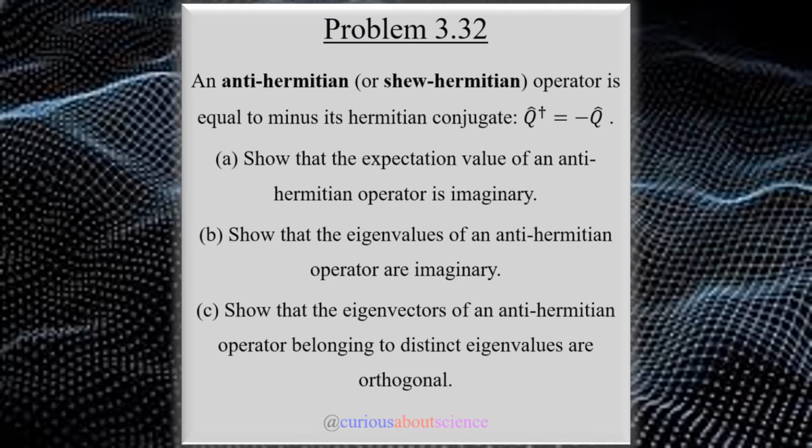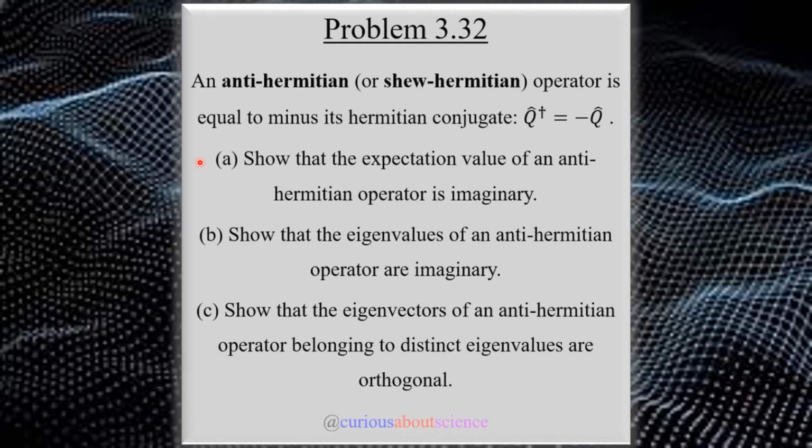More properties of operators coming up. Here we're dealing with an anti-Hermitian or skew-Hermitian operator, which is equal to the minus of its Hermitian conjugate. So we just have a minus sign there instead of having just Q hat dagger equal Q hat, which was the Hermitian definition. And with this, we want to show over 5 parts some of the properties associated with